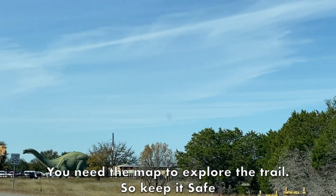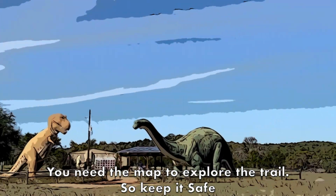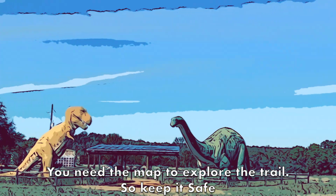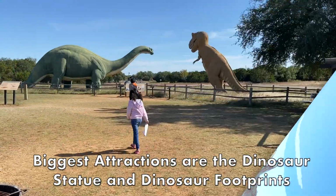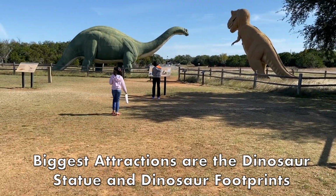They said you're only allowed to have one map because their stock was low because of COVID. So they gave us one map. Me and my sister fought over it, and guess what? It ripped. So yeah, and in the beginning, once you come in, the biggest attraction here is